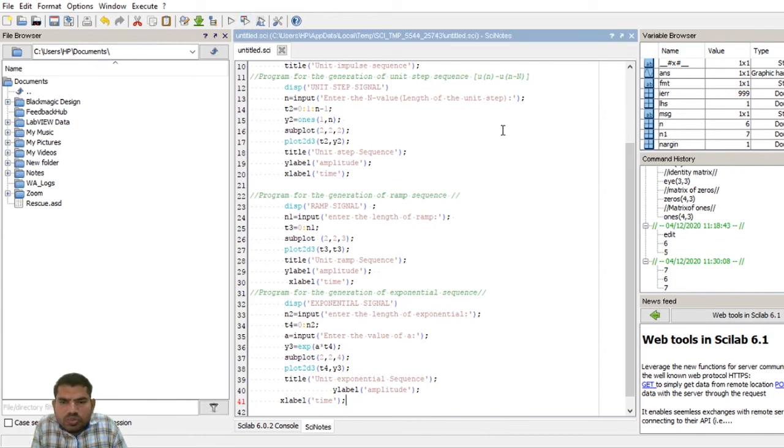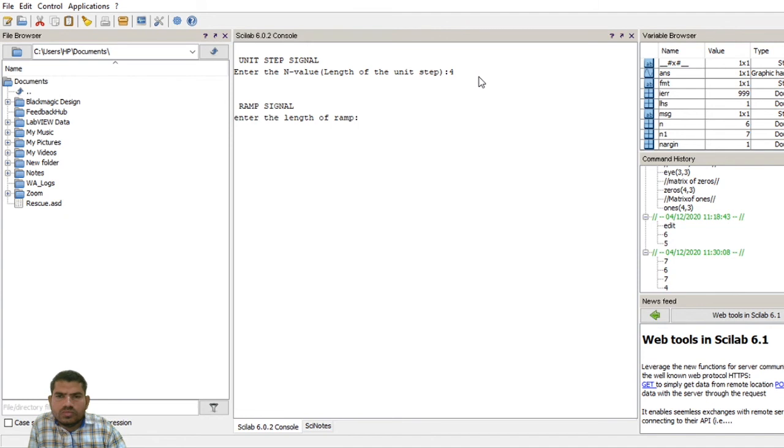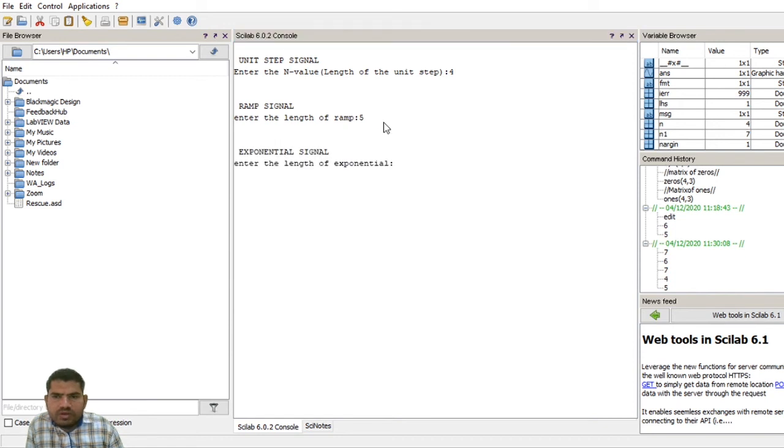Here this is the output in the console window. Now I am getting the unit step signal and the ramp signal. Now for the exponential signal, the length of the signal, suppose I give 5.